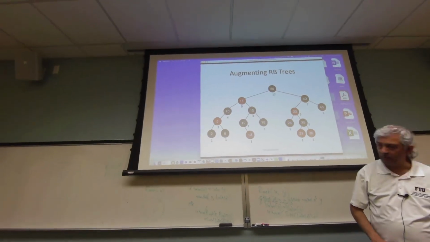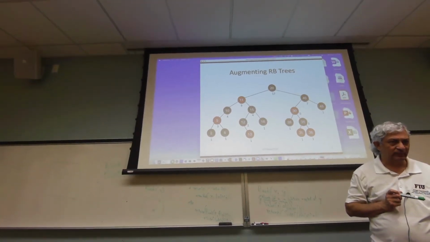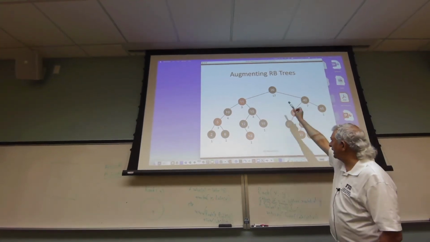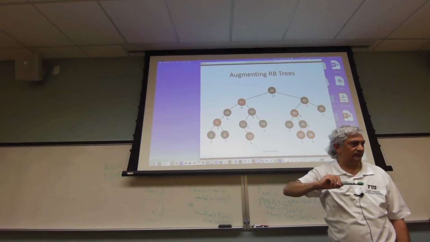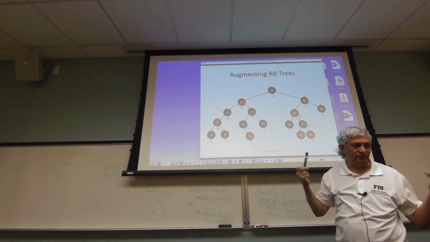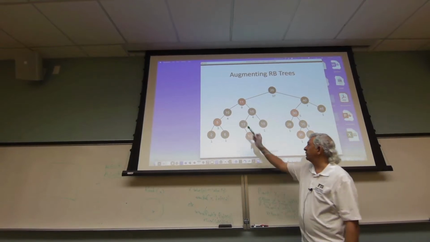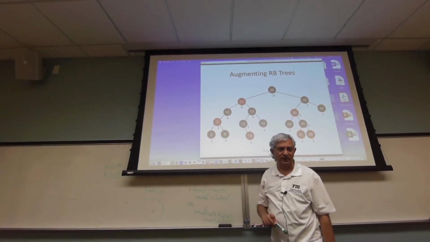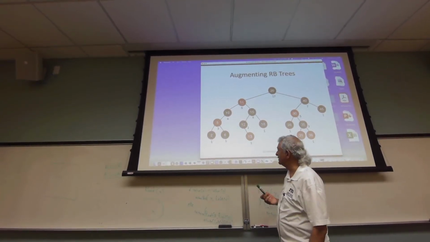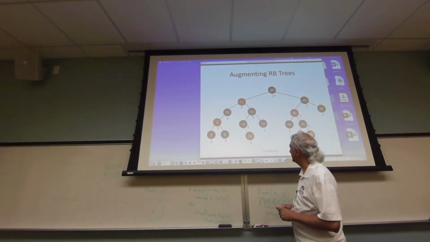Okay, so assuming that the size information is there, how do I do this? Well, I know that the root of the tree, its rank is 9 plus 1. So therefore, the root of the tree has a rank that's larger than what you're looking for. You're looking for the 9th item, so therefore, you've got to search in the left side. So you go down to this T here and say, I'm going to look for the 9th item. Well, we know that the 9th item is going to be the largest item in this tree. So it's easy to find it now. It is going to be this guy here,